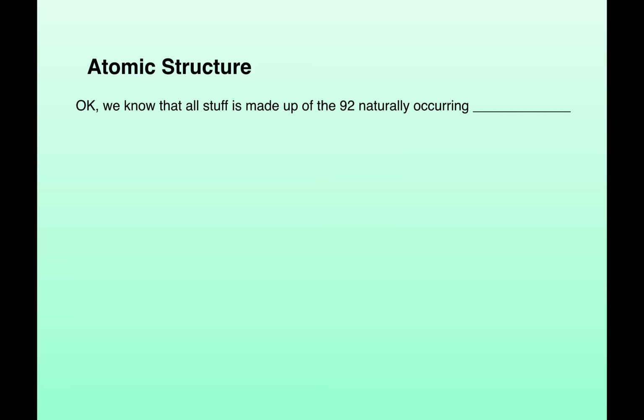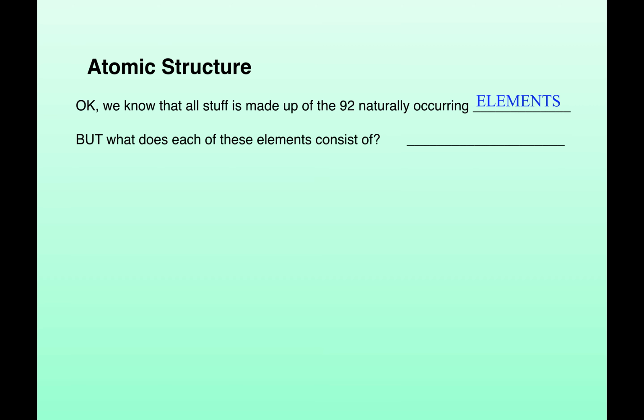Naturally occurring elements. Those elements are in all of the things that you can see at the moment. Sometimes they appear as just elements, and sometimes they combine to make something called compounds, but we'll talk about that later. But each of these elements, if we break it down into its simplest particles, they consist of